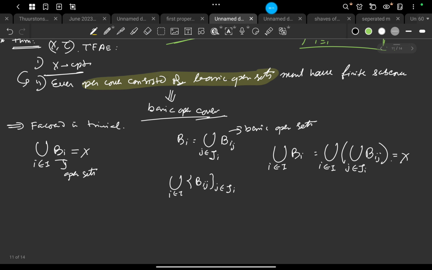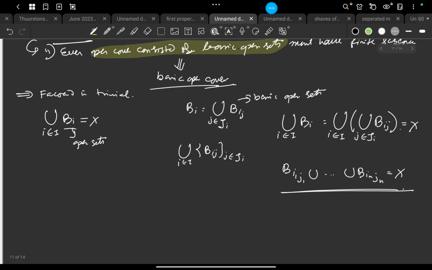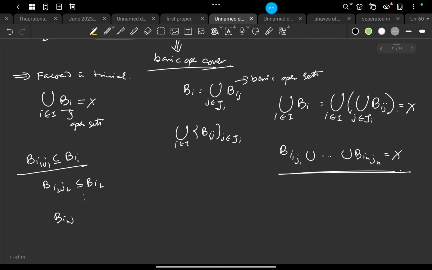So X must have a finite subcover, which means there are finitely many sets, let's say B_i1 j1 union up to B_in jn, equal to X. Now B_i1 j1 is inside B_i1, B_i2 j2 is inside B_i2, and thus B_in jn is inside B_in. So the entire union of these open sets must be inside the union of B_i1 up to B_in.